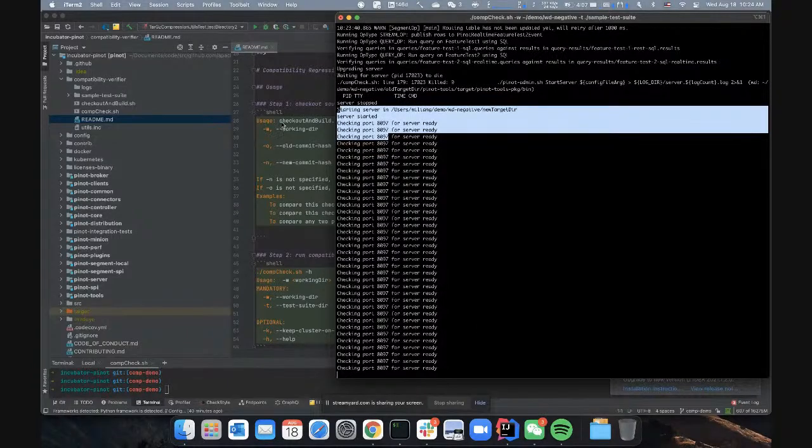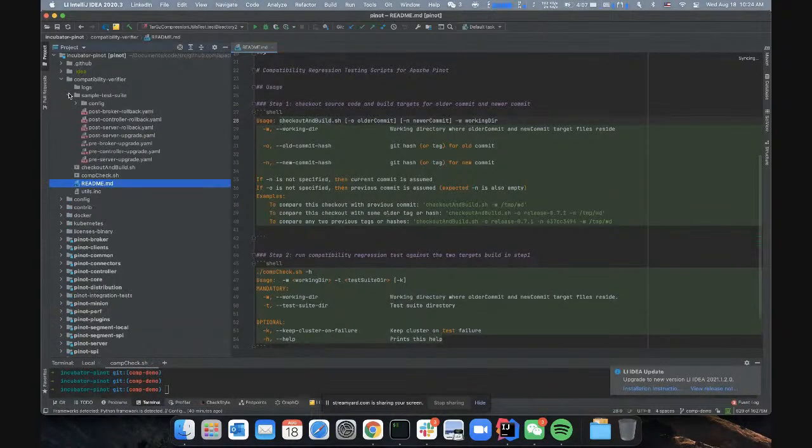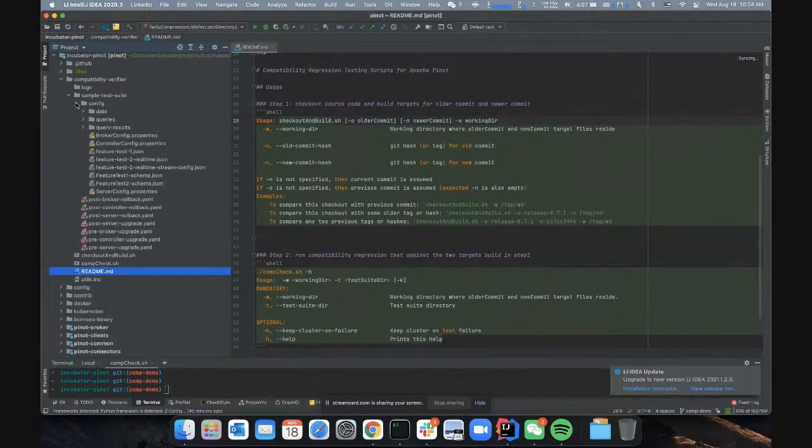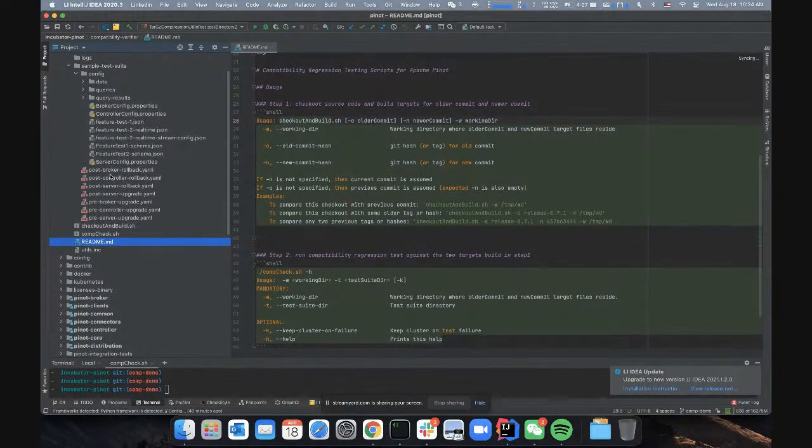So at the same time, I can show you how to write a customized test suite. Basically, for each step, you can define some YAML file to specify what kinds of operation you want to conduct.